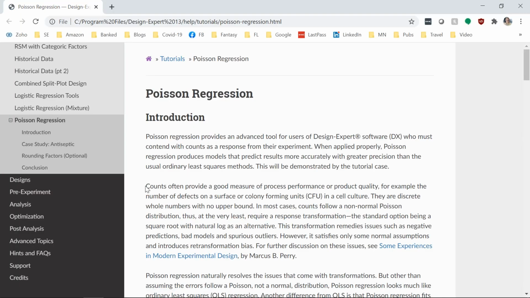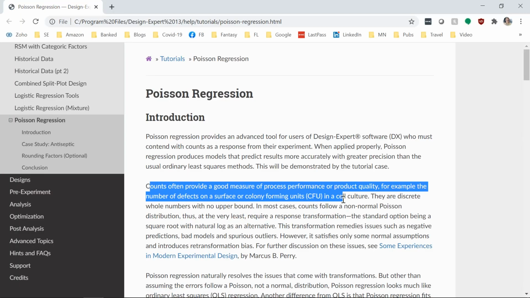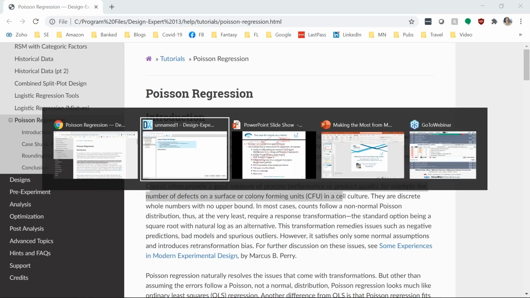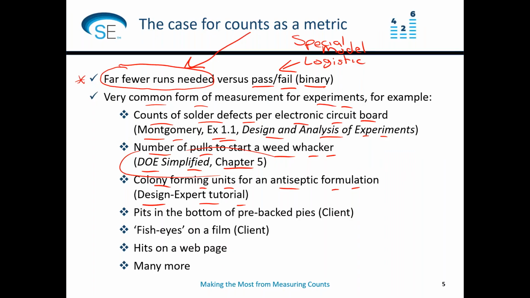And this one is looking at the CFUs or counts, and it gives you a good example of where the Poisson regression can give you a more precise fit. Another one that I came across way back when, I was working with a company that was making pre-baked pies